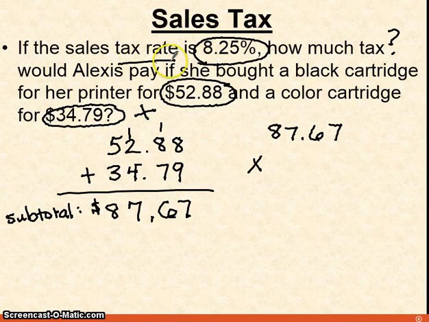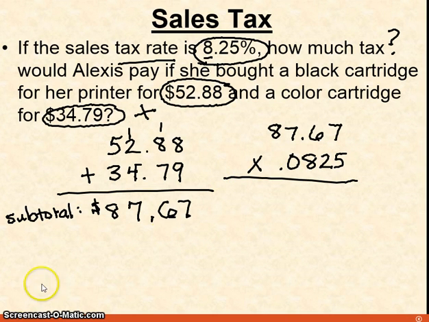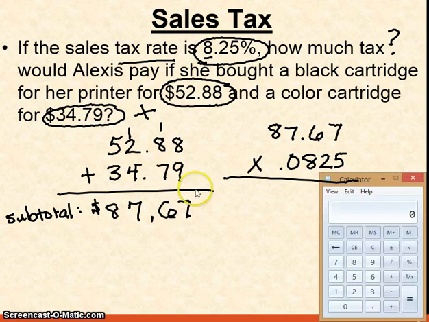Since Alexis' tax rate is not 6%, she must be in some other state. So we're going to write her sales tax rate. Do you see how it's 8 whole percent? 8% is 0.08. So we'll just put the 25 after because that's part of a percent, not a whole percent. Now we are going to use our calculator to multiply this to save some time. So we have $87.67 times 0.0825, and that gives us